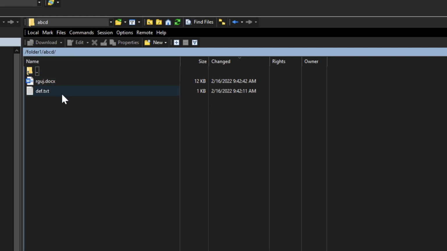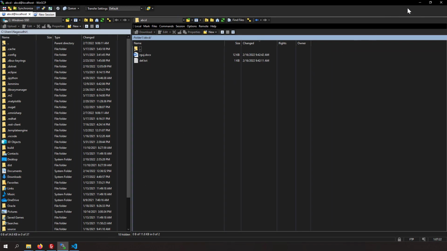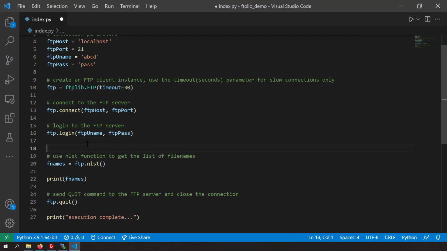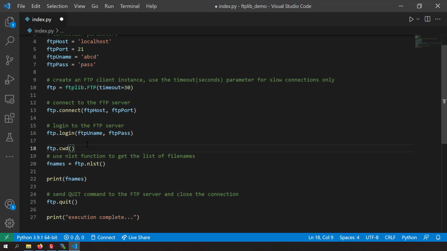So if you want to get the list of these file names, you can change the current working directory and get the file names using the nlist function. So let's try to do that now. First, let's try to change the current working directory. So I'll write ftp.cwd, and I'm going to write the directory name where I want to get the file names, right? So here I'm going to write